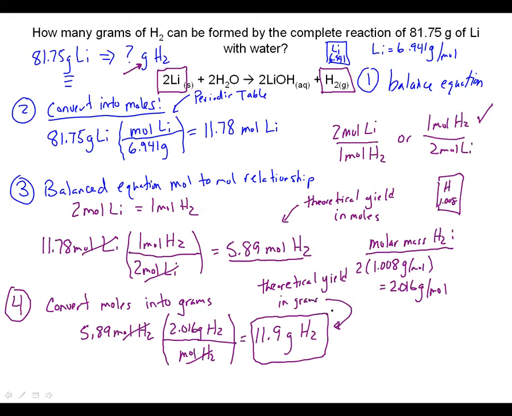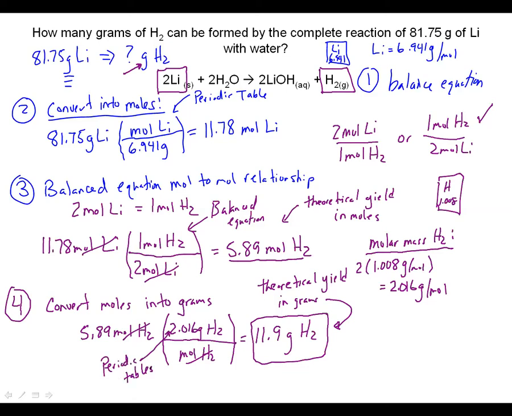So hopefully you can see that this is the same 4 steps that we did previously, but in this case, we did have to do all 4 steps. We have our balanced equation. We converted grams to moles using the periodic table. We used our mole to mole relationship, which came from the balanced equation. And then once we had moles, we again needed the molar mass from the periodic table to take those moles